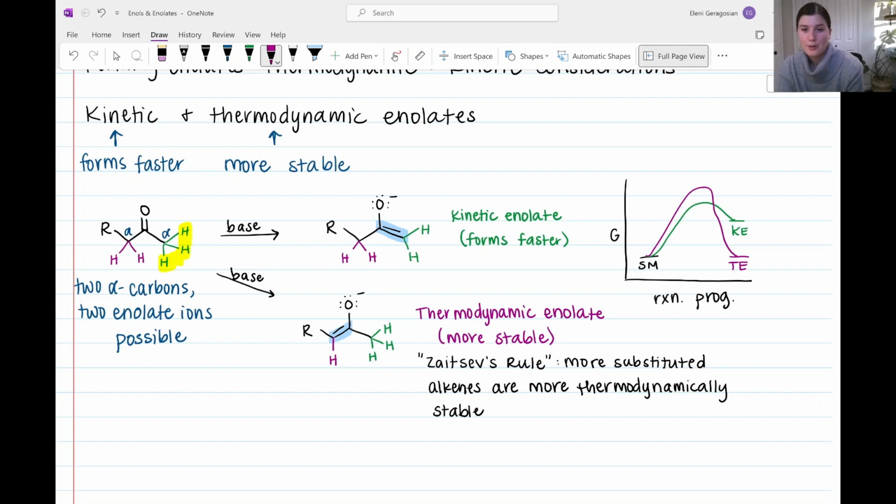So generally, the thermodynamic enolate would be produced more in higher concentration because it is more stable. Reactions tend toward more stable molecules. But we can favor the formation of the kinetic enolate of a ketone by using a large base. So the kinetic enolate is favored